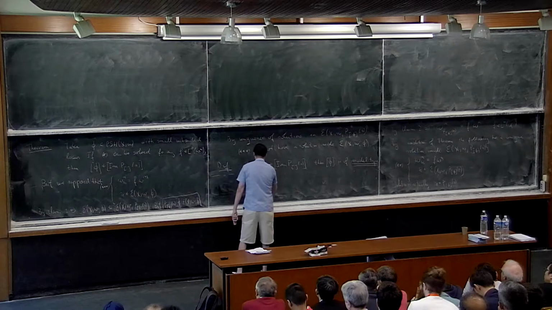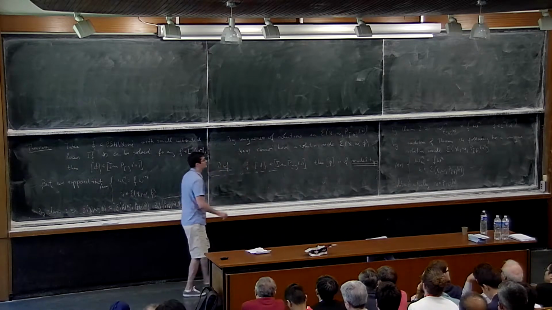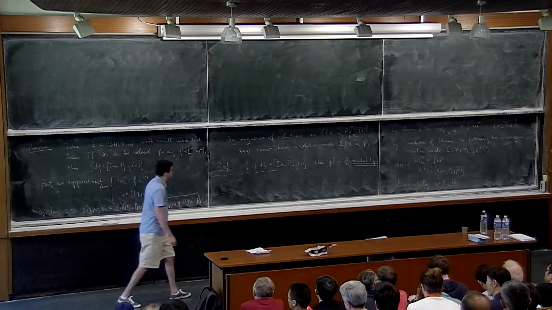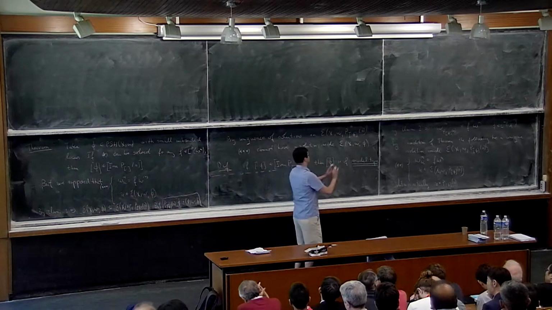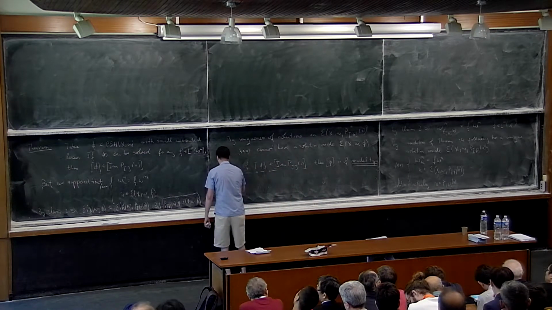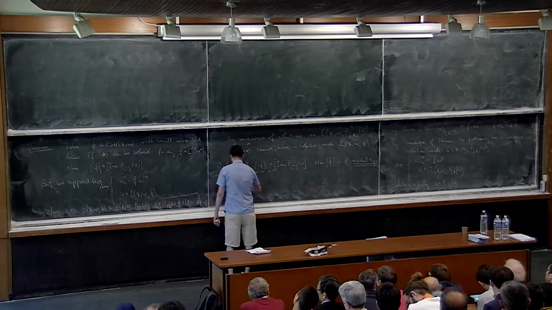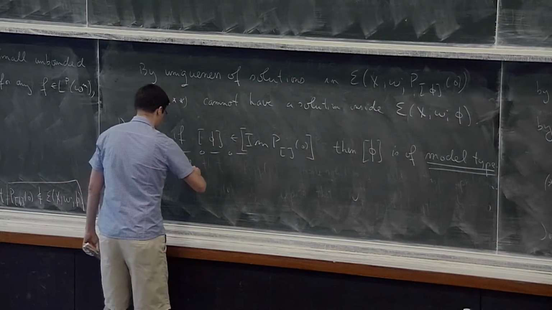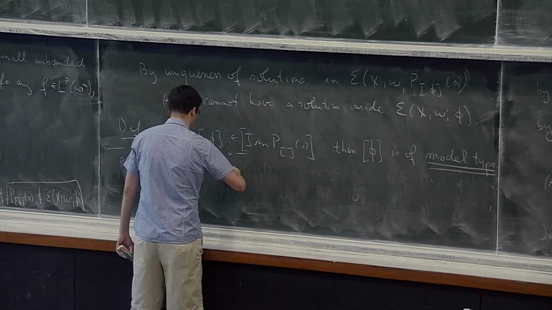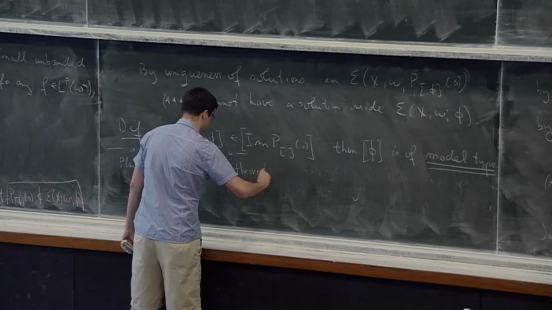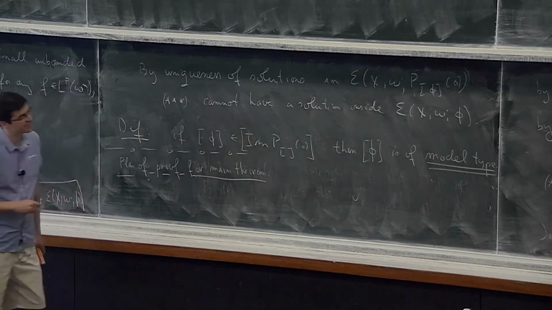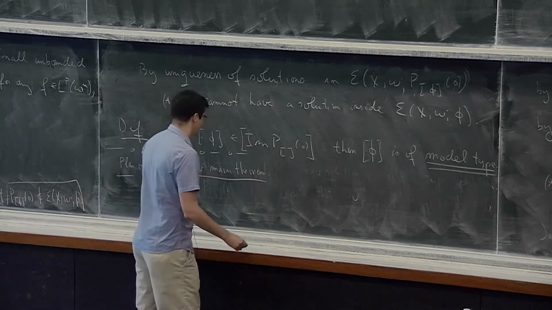Okay. So next, I would like to speak a little bit in the remaining time about what actually goes into proving our main theorem. It's quite a process, and I want to touch on the main plan of the proof for the main theorem. So again, the main theorem was that from singularities you can solve a complex Monge-Ampère equation.